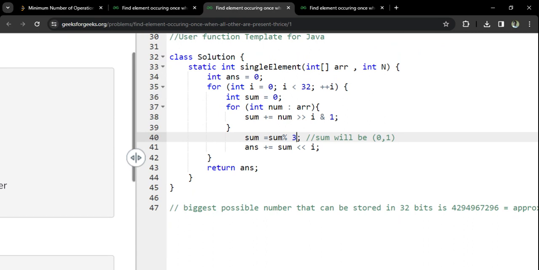So we are having two for loops here. The first for loop is going to be from 0 to 31. 0 to 31 is basically 32 bits only. For each loop we are having a sum variable. The idea here is we'll go through each number of the array